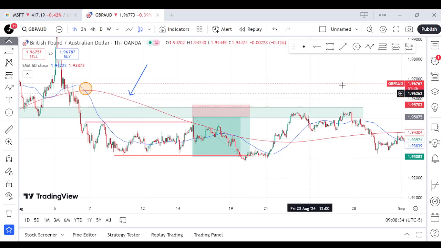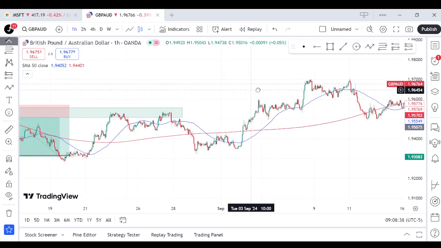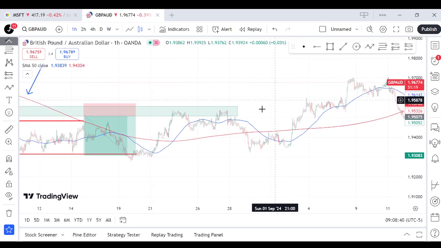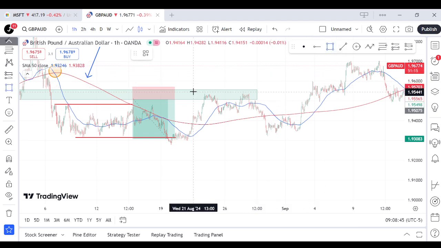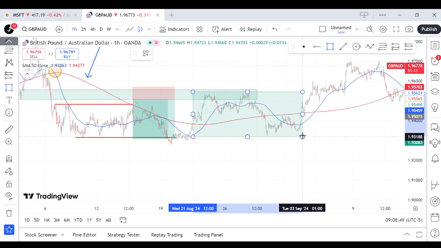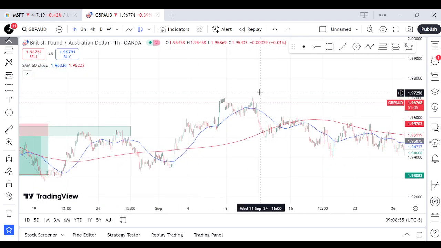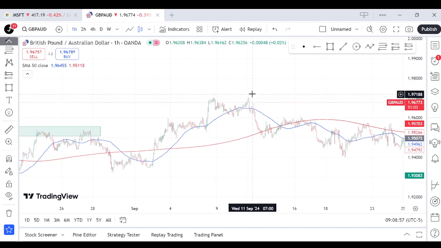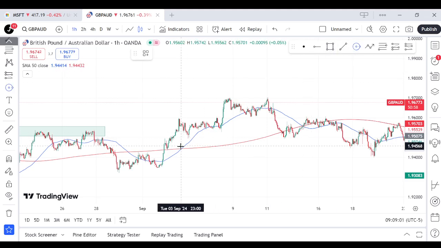Stop losses should be above major swing highs or key levels for a short trade like this. Looking at further examples, you can see we have a ranging market. It's advisable not to trade when you have a ranging market because there could be several crosses. Look for a clear trending market before you take your trades. So looking at this, we have a cross here,